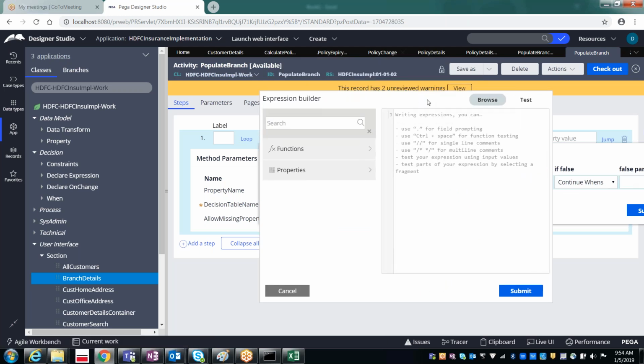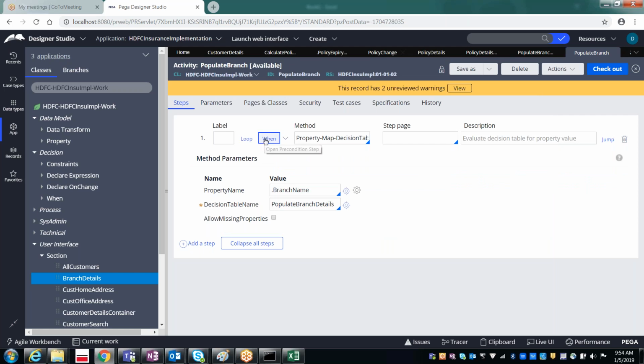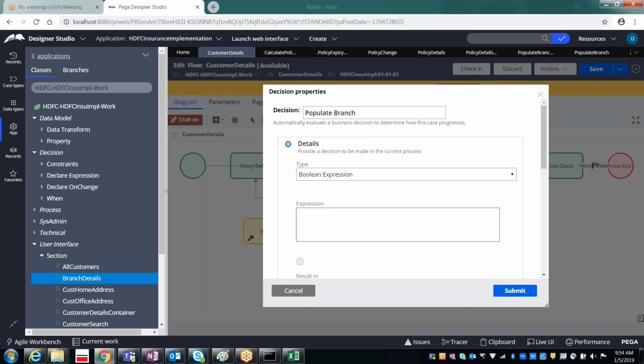In the same way as we used to refer to the expression, we can refer to it from the flow as well. Okay, Boolean expression, and then you can type the expression that you want.